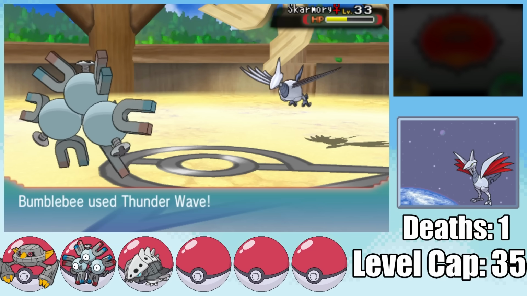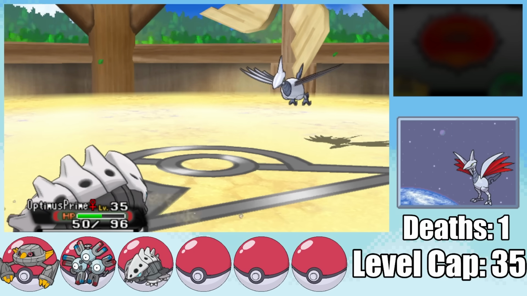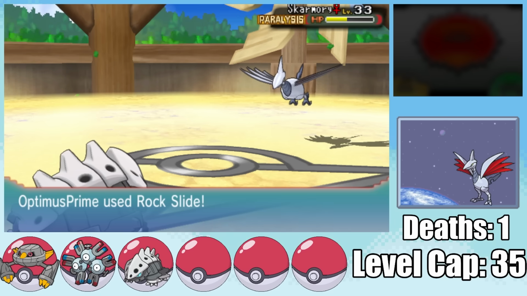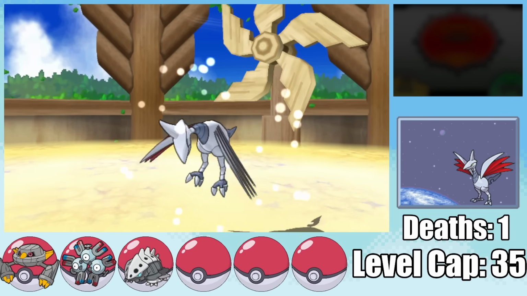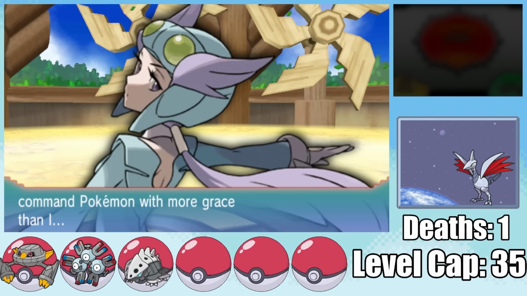I then go on to miss 4 more Thunder Waves before finally connecting. I then swap out to rid myself of all those accuracy drops, thankfully getting hit by an Aerial Ace on the switch, and finally, because of the paralysis, I'm able to outspeed and take out Skarmory with a Rock Slide. And while that fight was insanely frustrating at the end, it actually ended up working out quite well with the